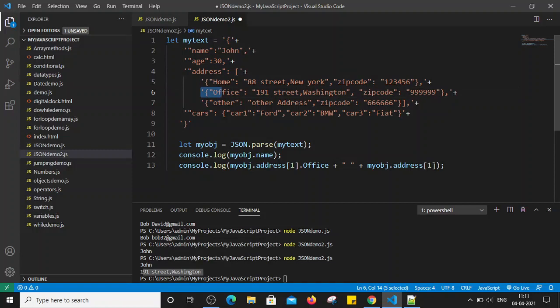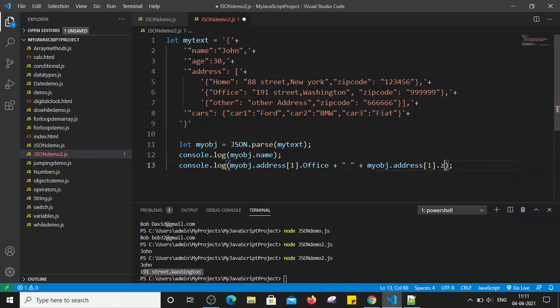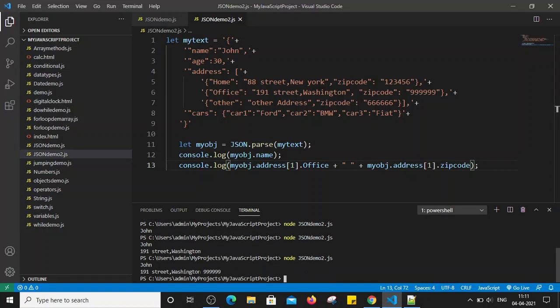After using one, we simply use dot and provide the key, that is zip code. Let's save the file and run it. So it extracted the zip code as well. If you see here, 999, it extracted the zip code. So this is how we can extract the value from the array address.